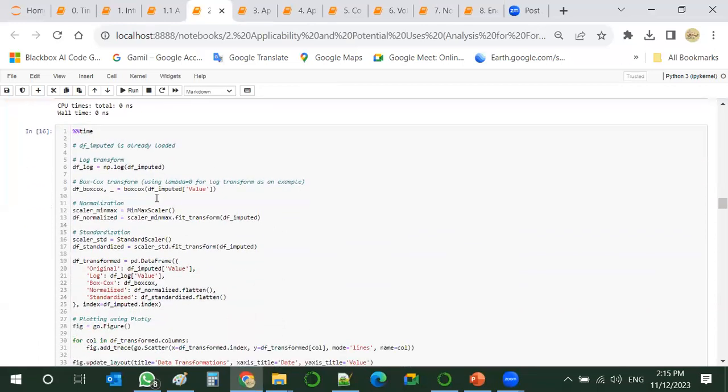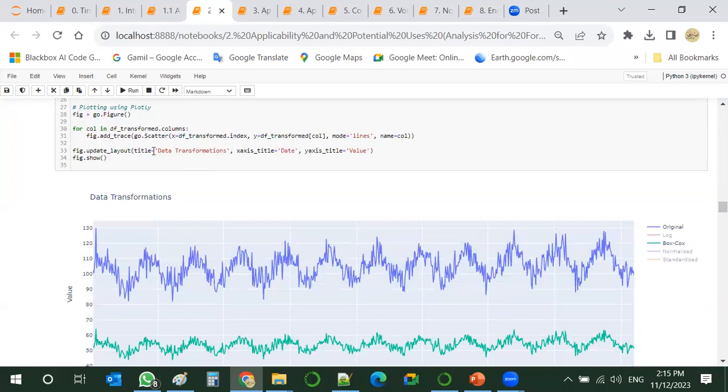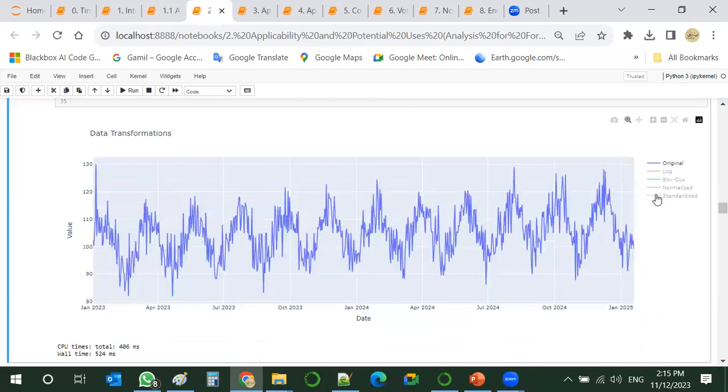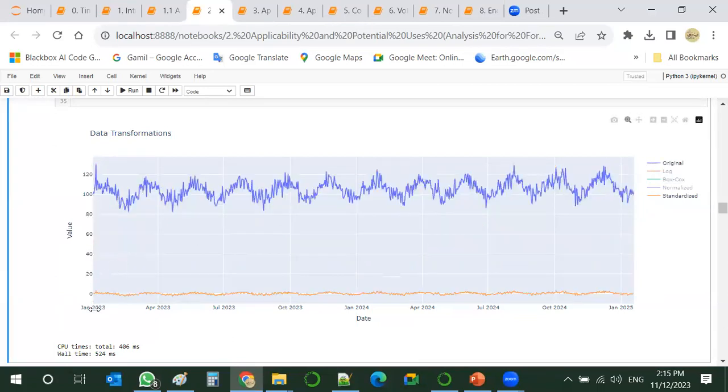let's do some of them together, plot them, and see which is which. So this is our original data. If we go for standardization, you can see the data now is between 3 and -3 instead of the range that is up to 130.